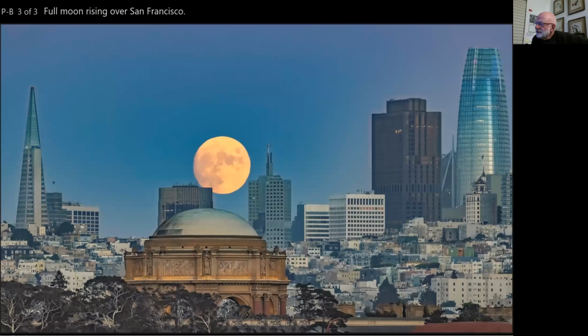Full moon rising over San Francisco. So this also has this kind of element of otherworldliness, because you have,